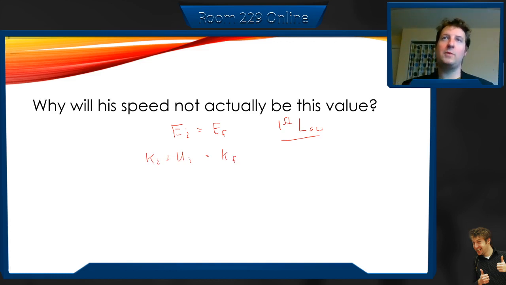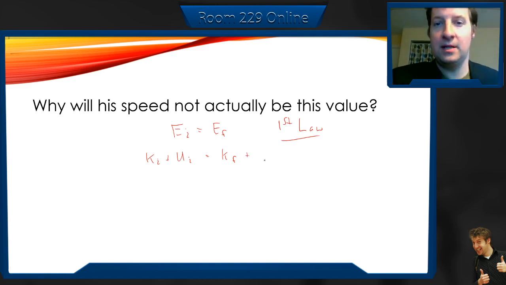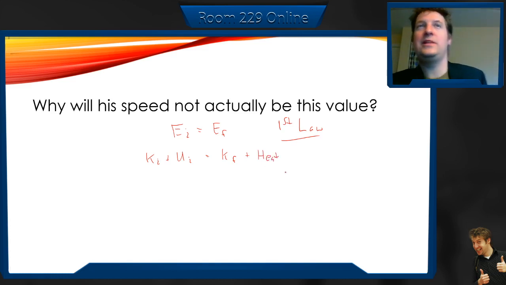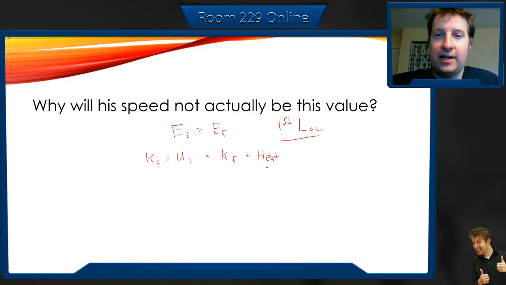Why was that wrong? What are we missing in that second line? We're missing all the extra heat. And I'm calling this heat, but really I'm talking about everything. This is talking about friction in the bearings. Well, it's bouncing a little bit. So that's the friction in the bearings. That's the air resistance.